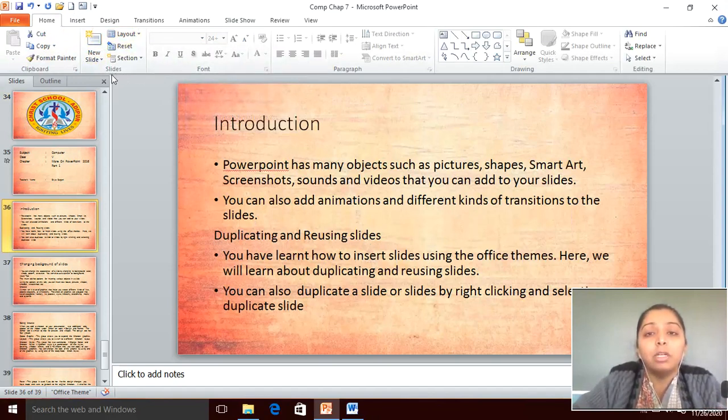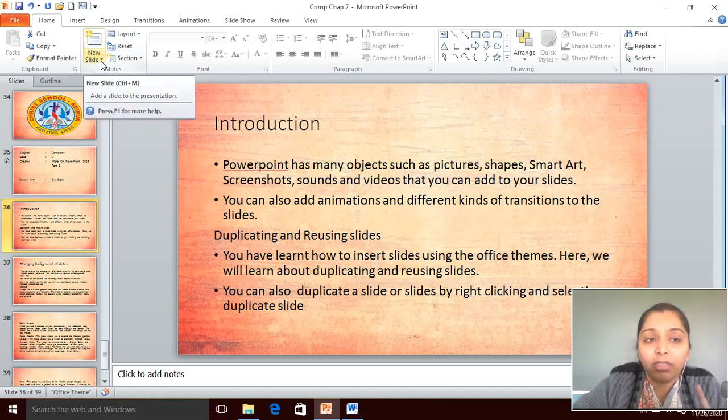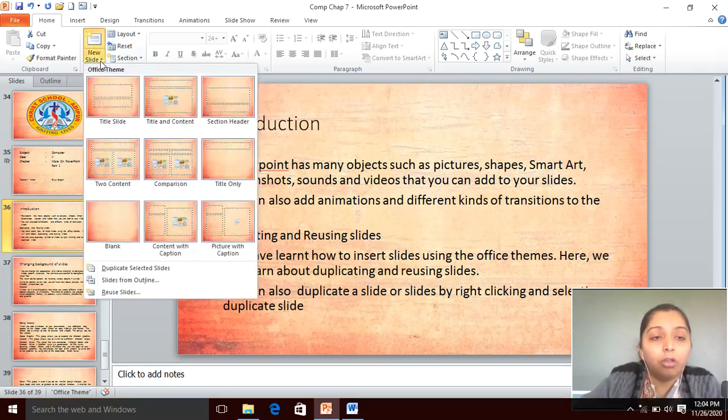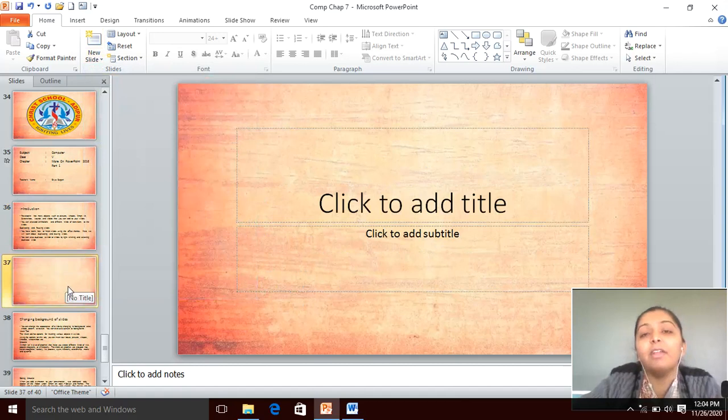Now if we want to insert a new slide, we will click on this new slide. Okay, as you have already studied how to create a blank presentation with the help of the Office themes, when we are selecting an Office theme, we can insert a new slide in the home tab by clicking on new slide. Here we are having the title slide, title and content, different slides we are having. So once by clicking on it, we can insert a slide wherever we want. Understood it very well? Yes, I will just click on undo option.